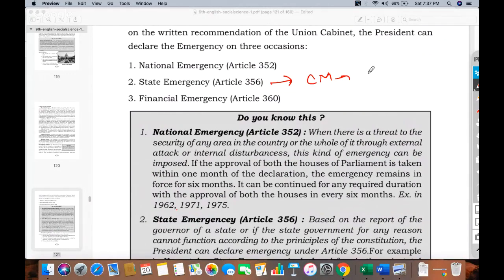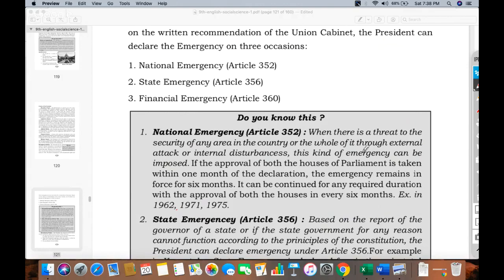minister does not have enough number. Like in Karnataka now, he has been told to prove his majority. Now, if he is able to prove the majority, state emergency will end. If he is unable to prove the majority, state emergency will continue. And as soon as he resigns, the governor will take over from him. Now, governor will look for other parties to form the government. If they are able to form the government, then again state emergency will go. If they are unable to form the government, then state will go for elections.